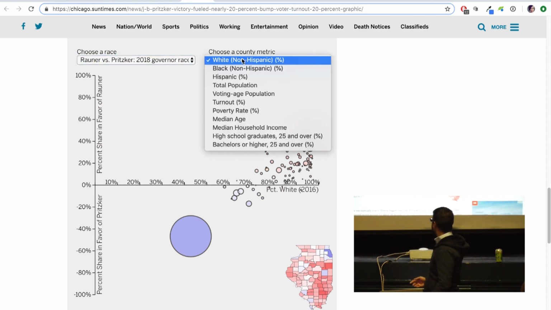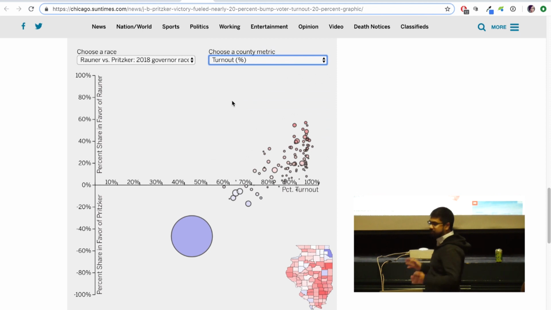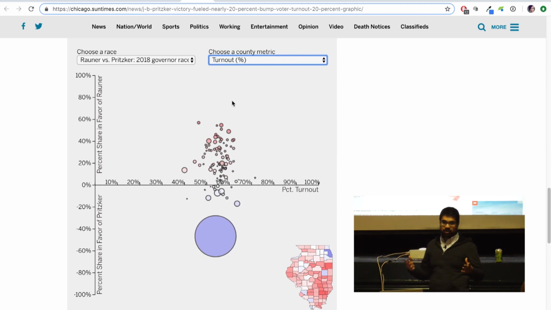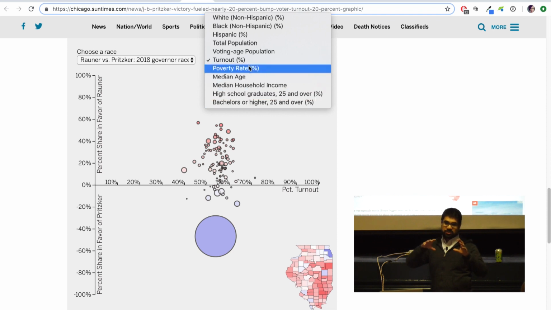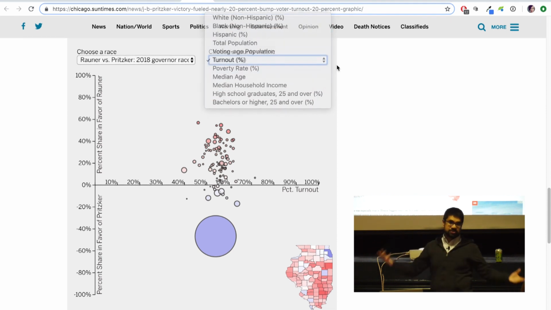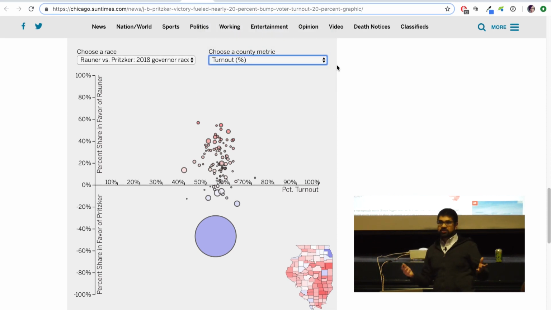So we look at turnout. You could see where some of the comparisons are really obvious and some of them aren't. I just put everything I could demographically in here, and my goal was to allow the readers to discover things for themselves, mostly because of the time crunch. I don't have the time to actually analyze this. Let's let the readers figure this out.